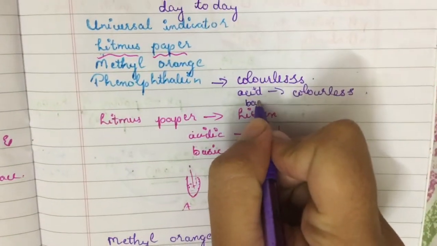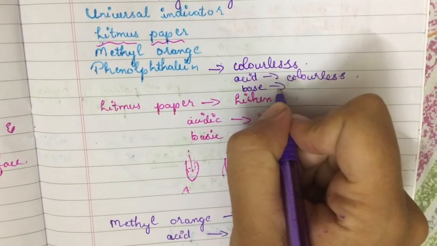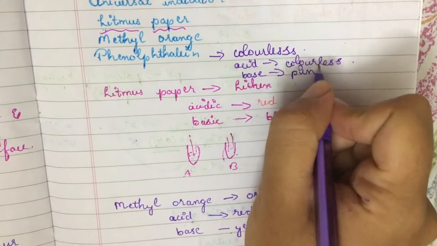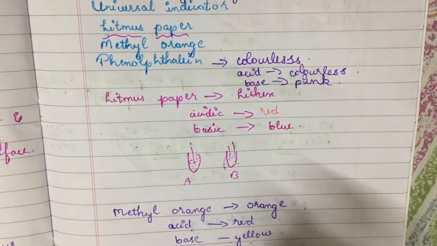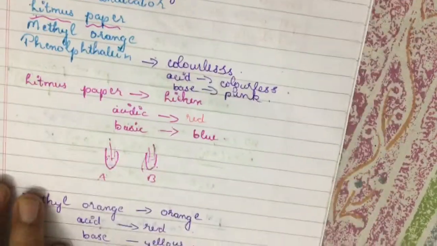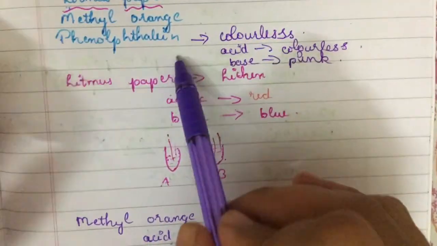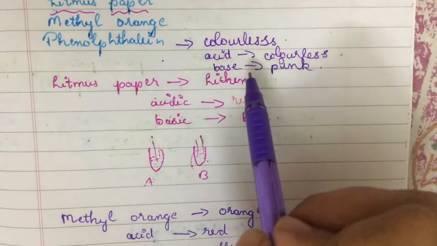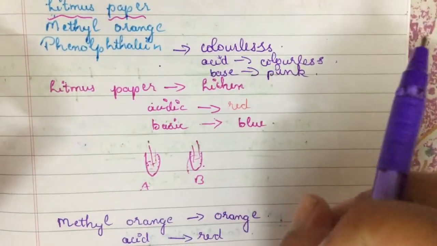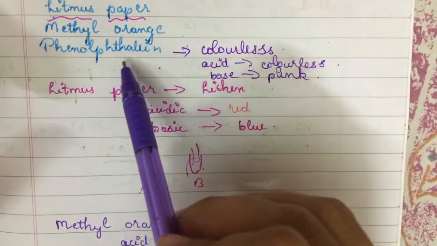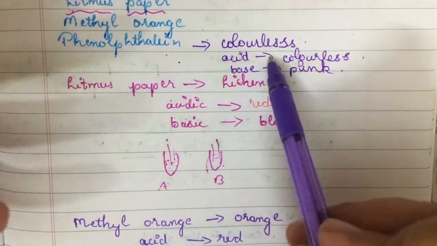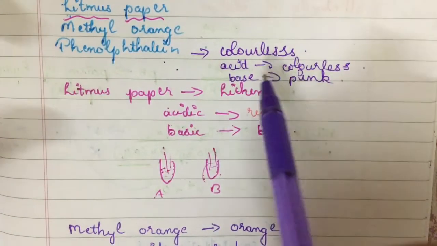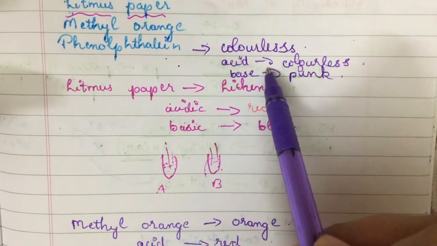That is, it will not show any differentiation or give any color. And when it is dipped in the basic solution, it will show pink color. Let me explain the reason for this. Phenolphthalein is the indicator, you know that it is colorless. When we pour acid into it, there will be formation of a complex, that is the substance of the phenolphthalein and the acid combine with each other, and there will be formation of this complex in the acidic medium.